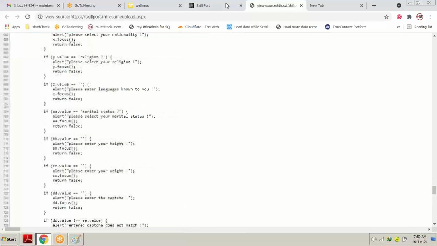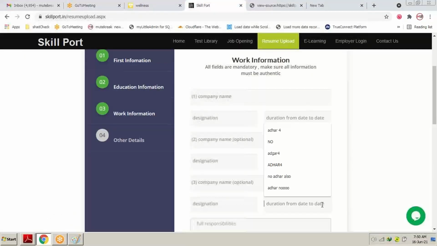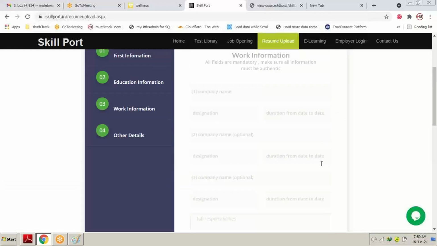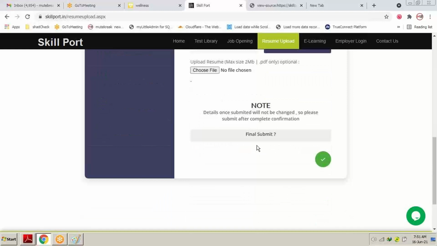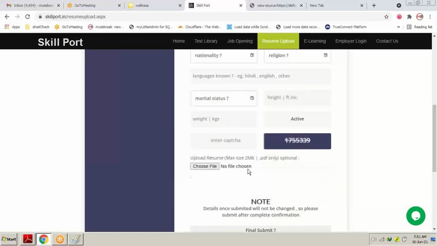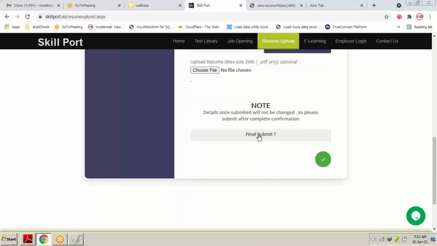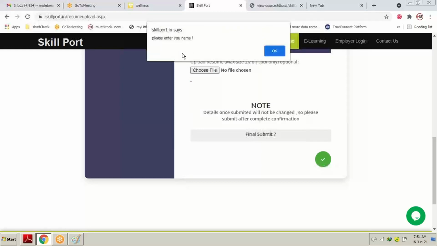Let me find it out. Just remember, if I don't fill any of the boxes, if I skip all the boxes, meaning I don't enter any detail, and at the end I press the final submit button, it shows me a message: please enter the name.